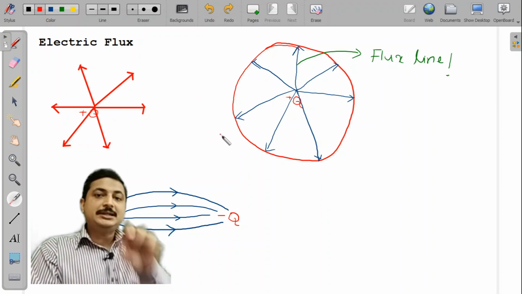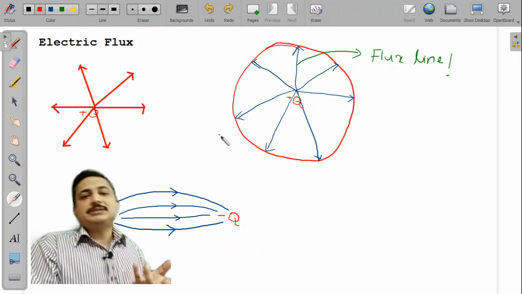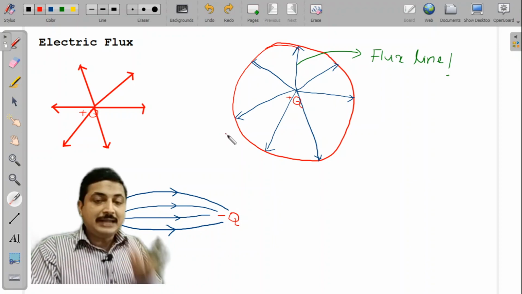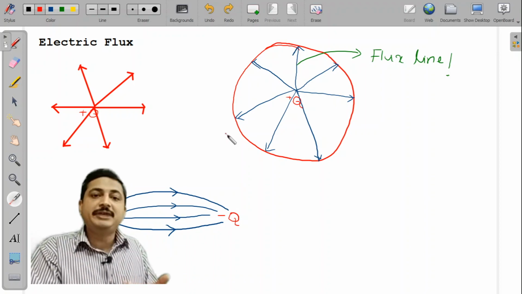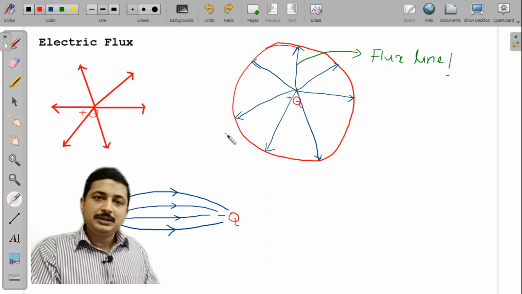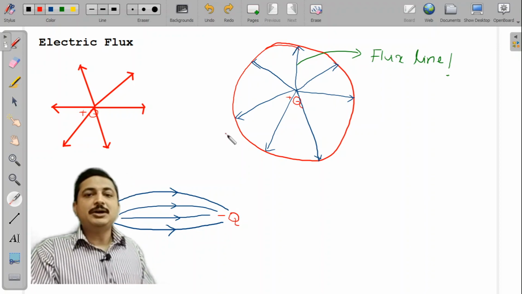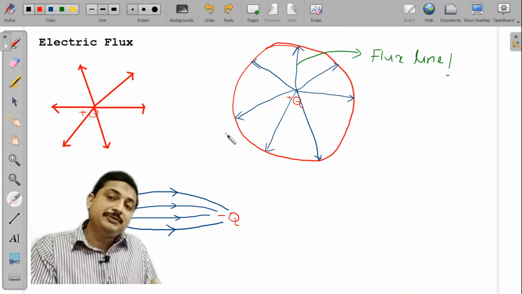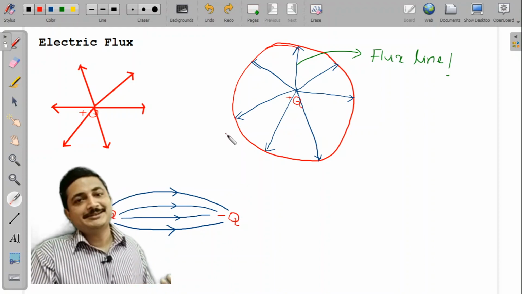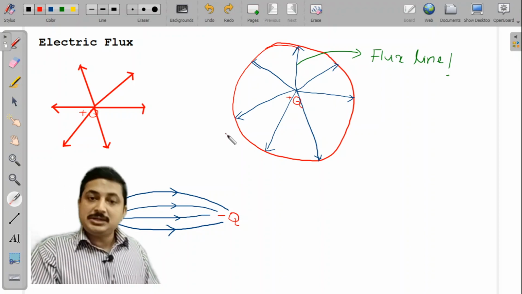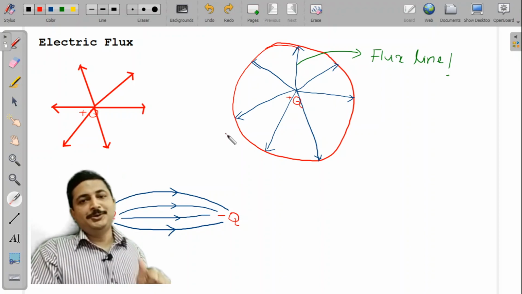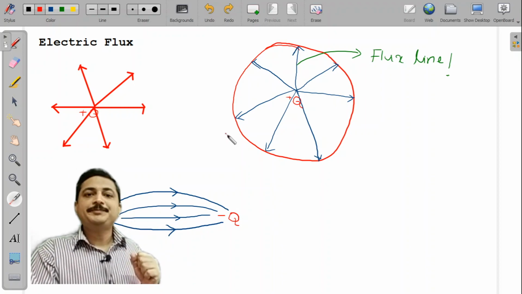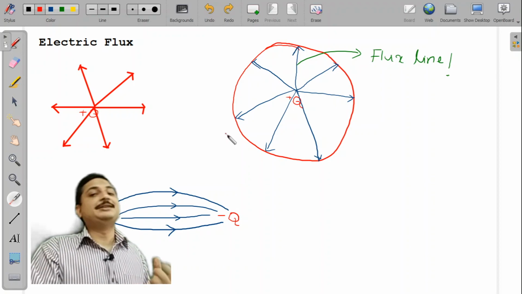Now, what is the direction of a flux line? The direction of the flux line depends upon the presence of a negative charge. So does it have a particular direction which you can define? No. It depends upon the presence of a negative charge. If a negative charge is absent, it is going to terminate at infinity. In which direction to infinity? I don't know, some radial direction. So is it nice to measure the direction of flux lines? No. It is not going to give me any idea. Then what is going to give me an idea? The quantity of flux lines is going to give me an idea.